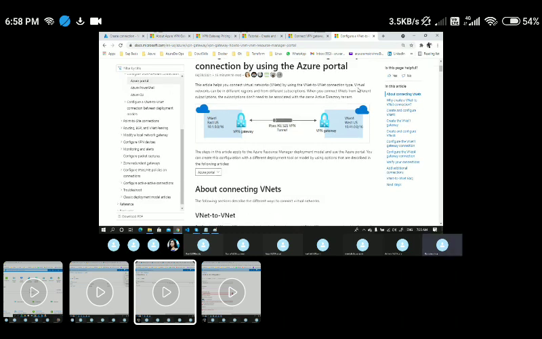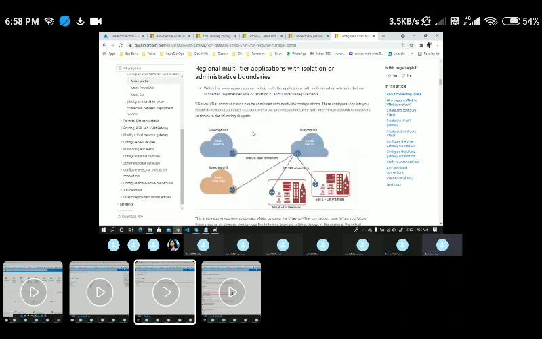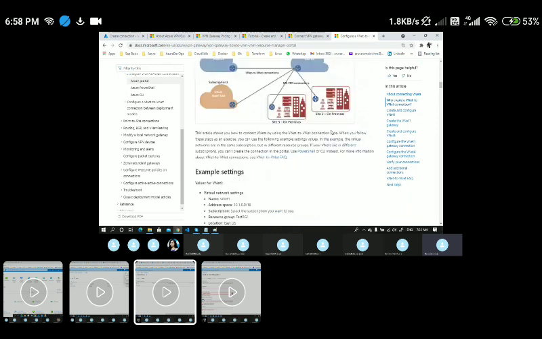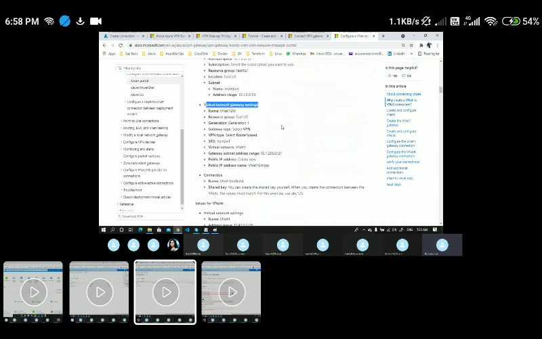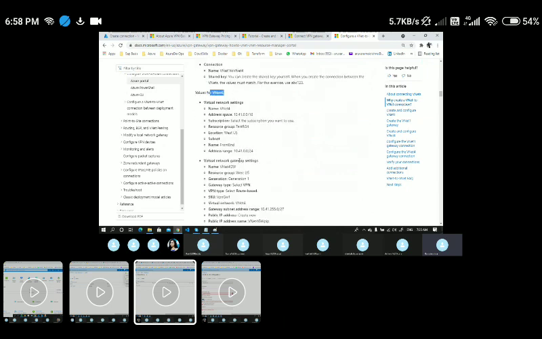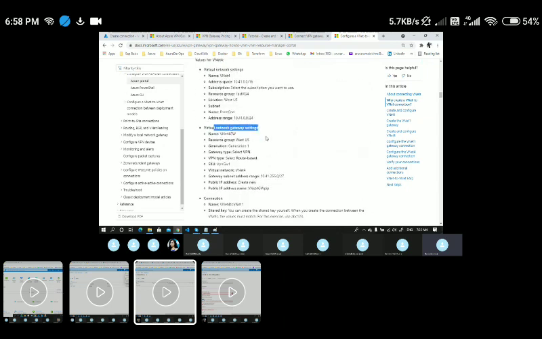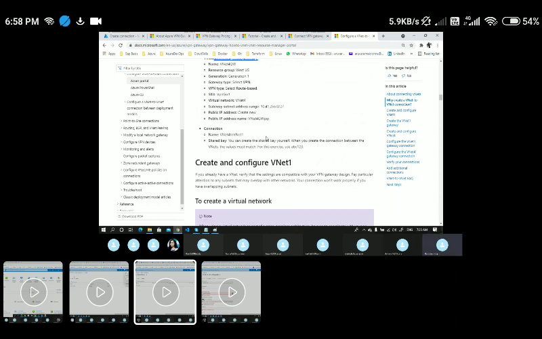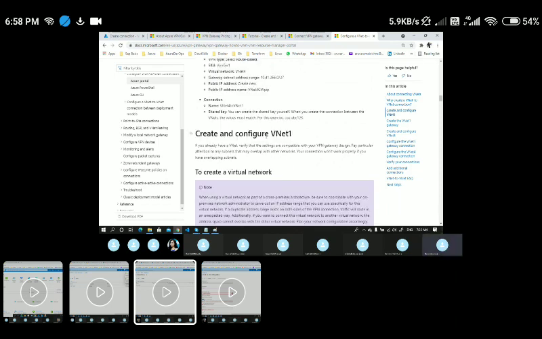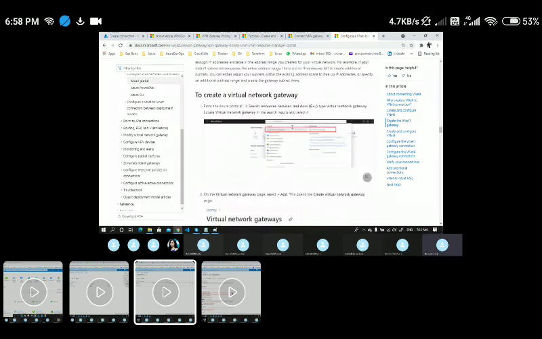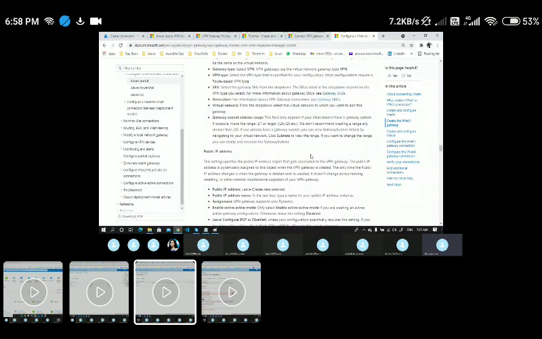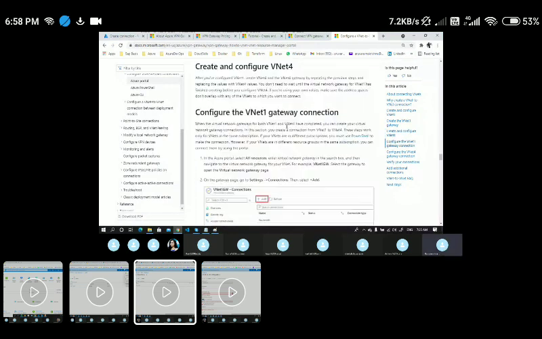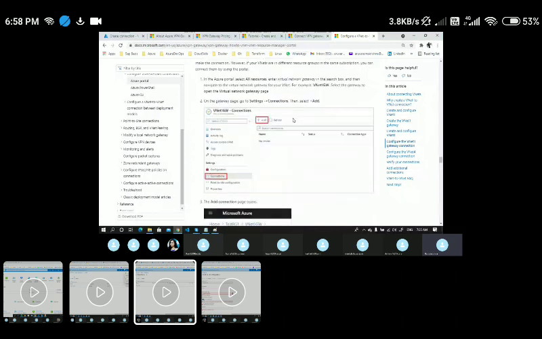You can go through the document here if you want to create it. I'll walk you through this once again. First we'll be creating a VNet and a VPN gateway. Same thing, we'll be creating another VNet and another VPN gateway. And once you're done with that, we create a configuration here, with screenshots of how we are creating the VPN gateways and what details we are passing in. And once we have created VNet 1, that is VNet 2.